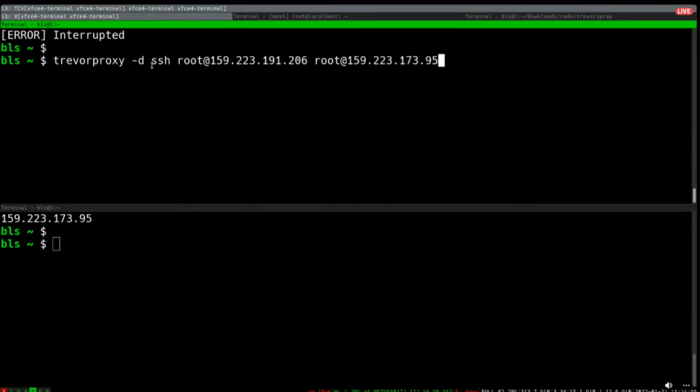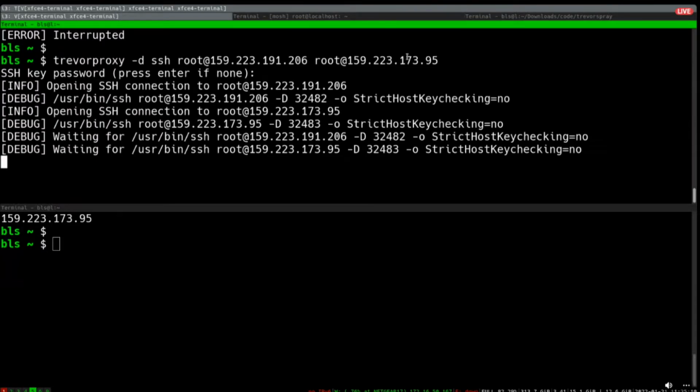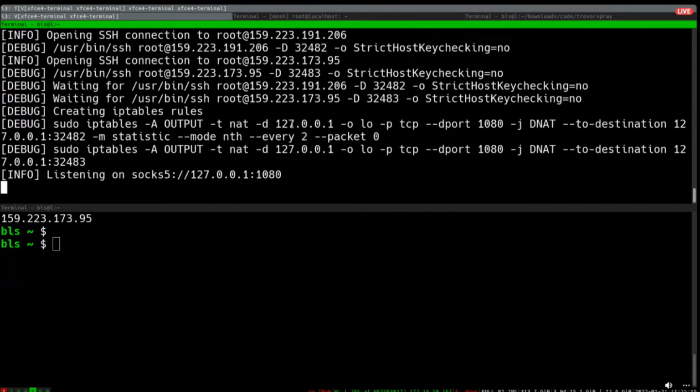I'm telling it -d for debug, and then ssh, and giving it 2 hosts to SSH to. I hit enter here and type in my SSH key password. What it did is SSH to both of those hosts and add a couple of iptables rules,